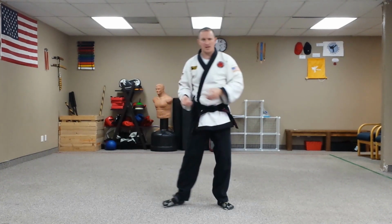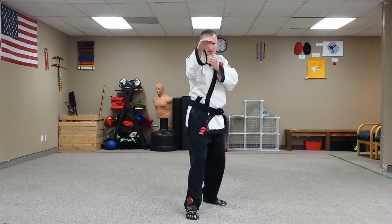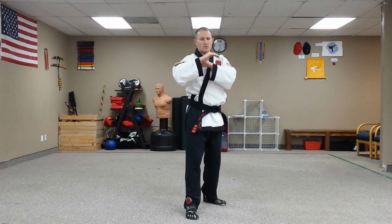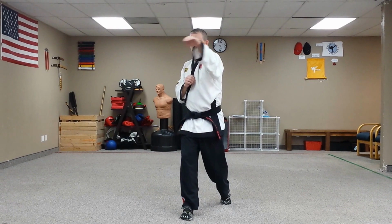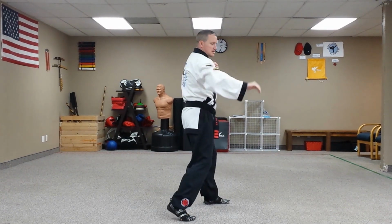And their cousin is the ridge hand. Okay? This is a standard ridge hand. You make your hand in the form of a ridge. You should come out like this, strike in the same positions. Okay? Same targets on the body. You can do these to the